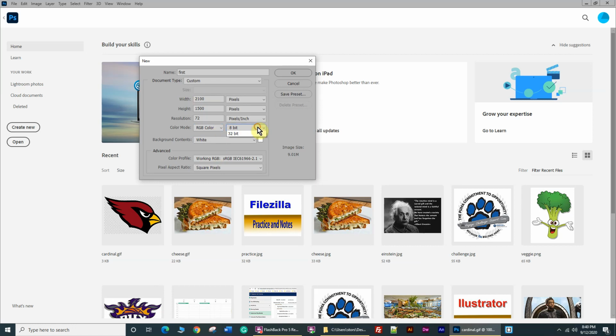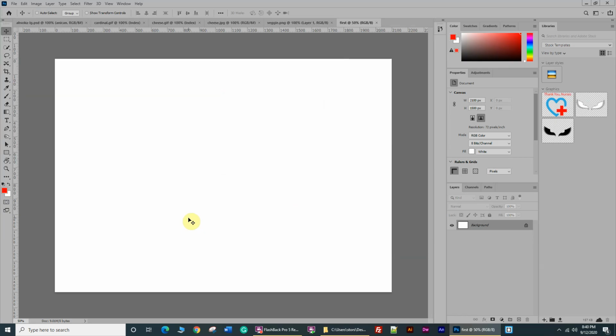And obviously I can bump up the bit depth to 16 or 32, but 8 is more than enough for what we're going to be doing. This is a pretty big size, but I just wanted to do that right off the bat, and I'm going to go OK. Now I've got some other files and formats that I want to show you. So I'm going to start off with